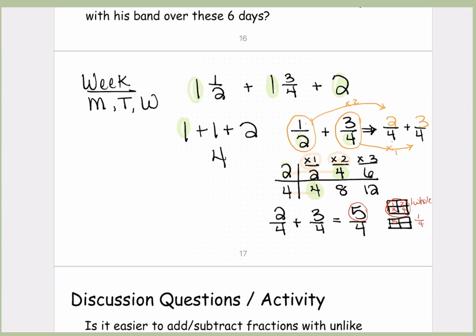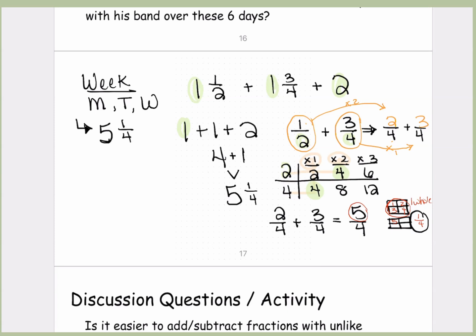So I take that one whole and I have to make sure that I come back and add that to the one whole that's here. So that additional one whole gives me 5 wholes, and what is remaining? Plus that 1/4. So in 1 week, Monday, Tuesday, and Wednesday, Matthew is going to study with his band 5